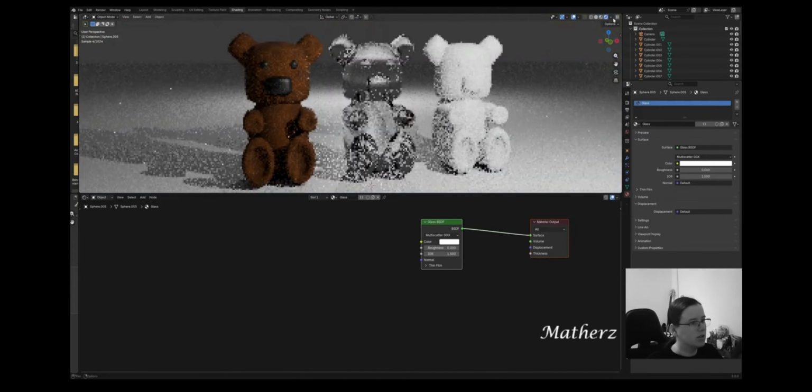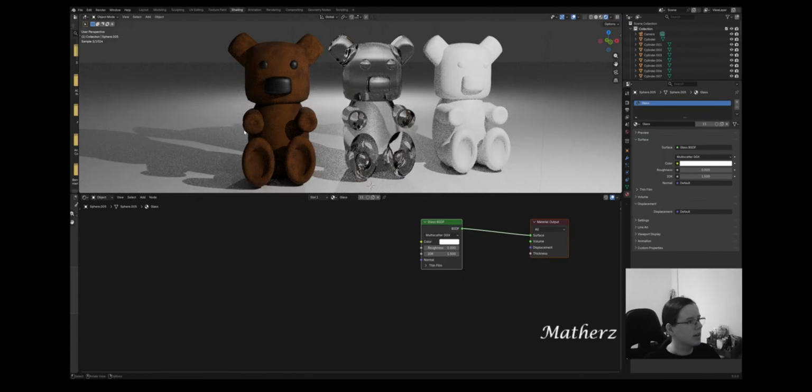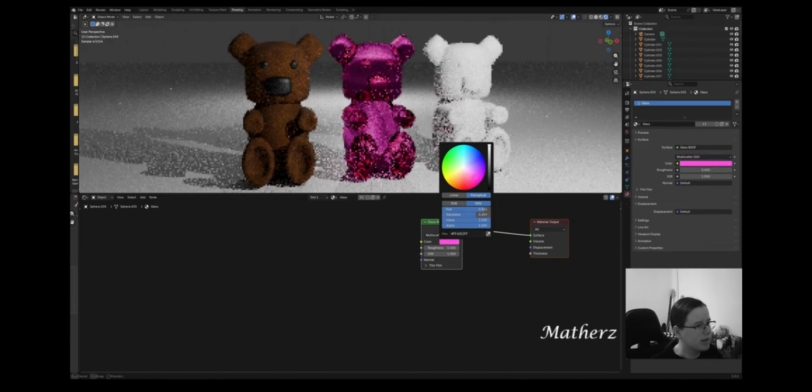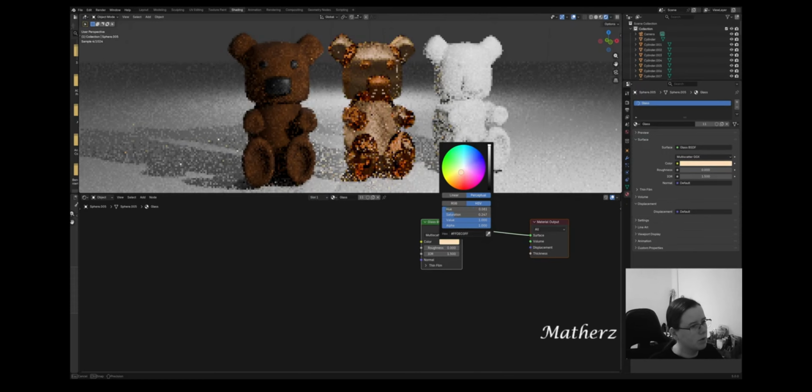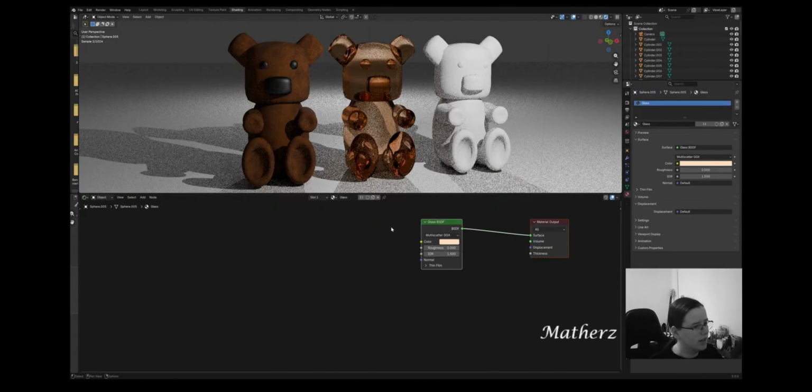So if we go to this right here, we can see now we have the normal bear, the glass bear. So let's go ahead and mess around with some of the settings on the glass bear. So you can see that I can make this bear pink, I can make this bear blue, green, whatever tone that you would like. But what I really want to experiment with here is, let's go to add